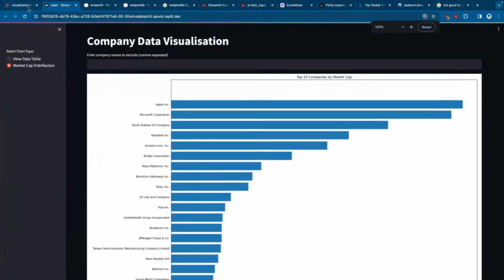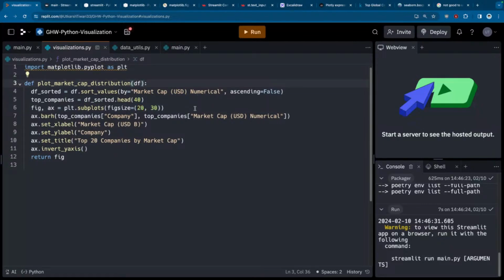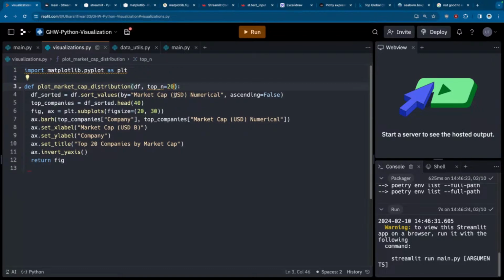So how do we make it more dynamic? Very simple. We can give a variable top n right here. Okay, so top n, and we can say the default value is going to be 20 companies. So we are giving it a variable called top n. The default is 20. So now in this df underscore sorted dot head, from the top, we'll say show the top n companies, and inside on this line number 10, we can use